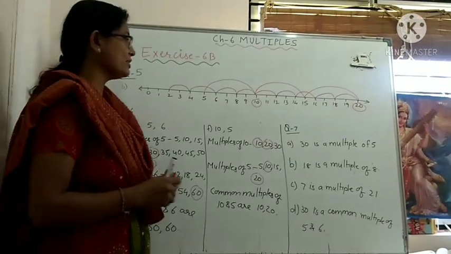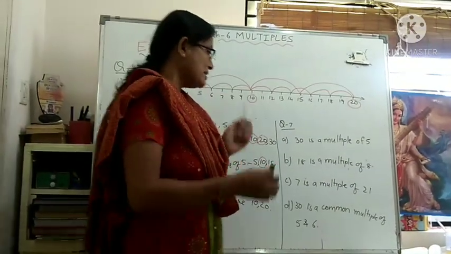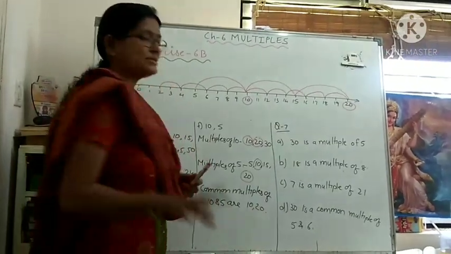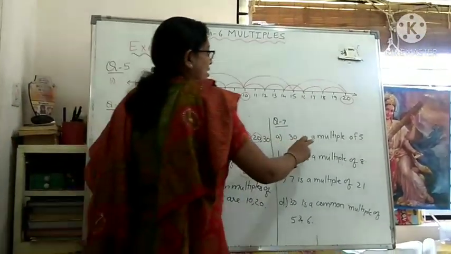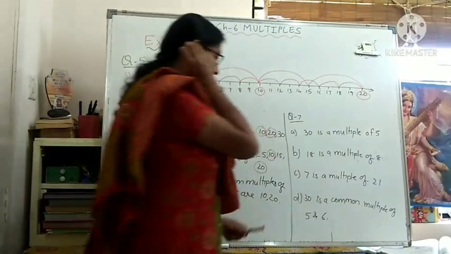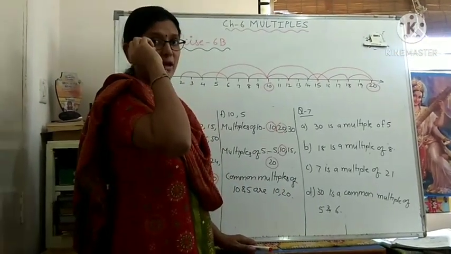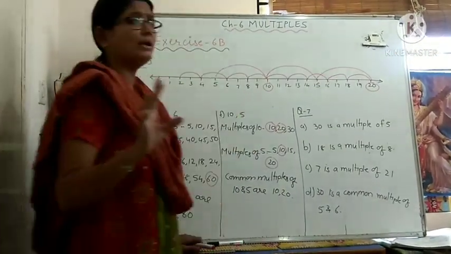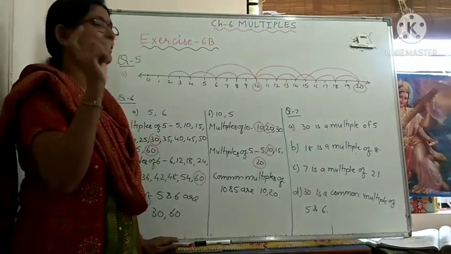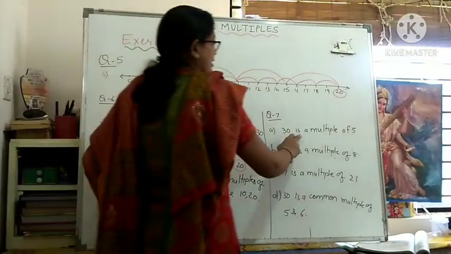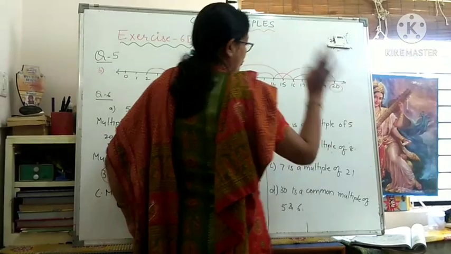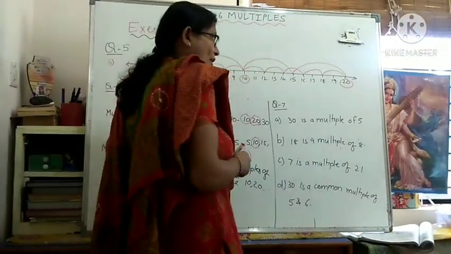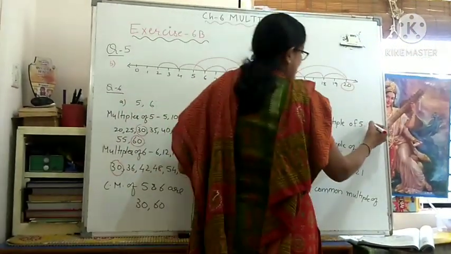Okay, let us start with question number 7. Question number 7 is: state whether the given statements are true or false. Okay, 30 is a multiple of 5. Again, you have to remember the trick I told you. Whenever multiple is there, keep answer in mind. 30 is an answer of 5. Okay, so 5 is the question and 30 is the answer. It is correct. So here you will write